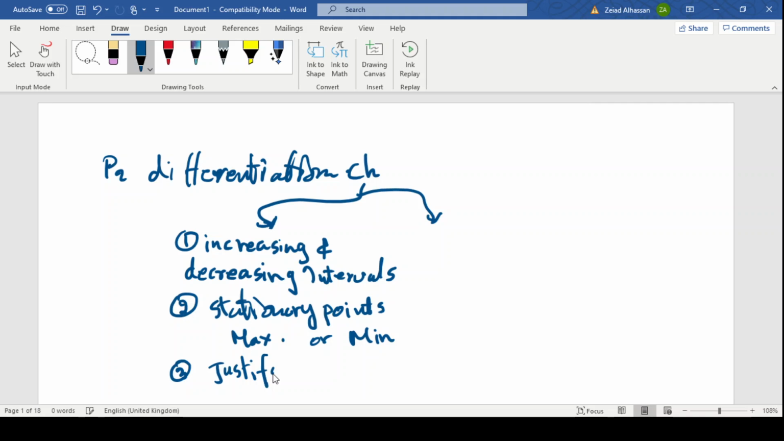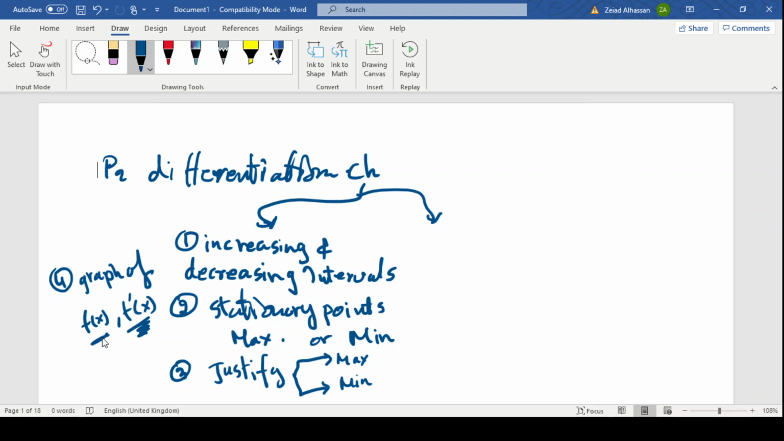Now this is the first part of this chapter, and it also talks about, let's say, number 4, the graph of the function f(x) and the differentiation of the function, the graph of the differentiation. Here we are dealing with f prime x as an individual function away from f(x). Now the second part, real life situations, real life problems,